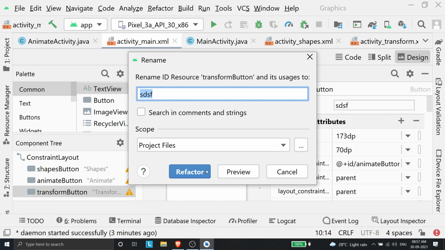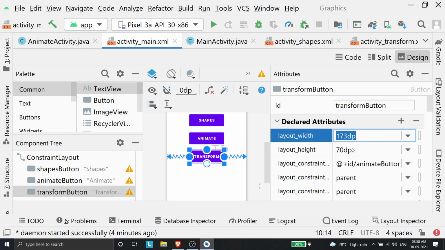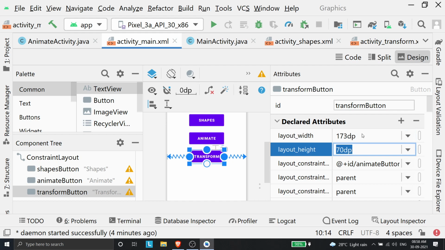So refactor will change every instance of transformButton in my code to the new name. That reduces the workload for us, since we need not manually change the name everywhere. Once you've done this, you should also change your layout width and height as required. You can manually play with the values and see what's best for you.